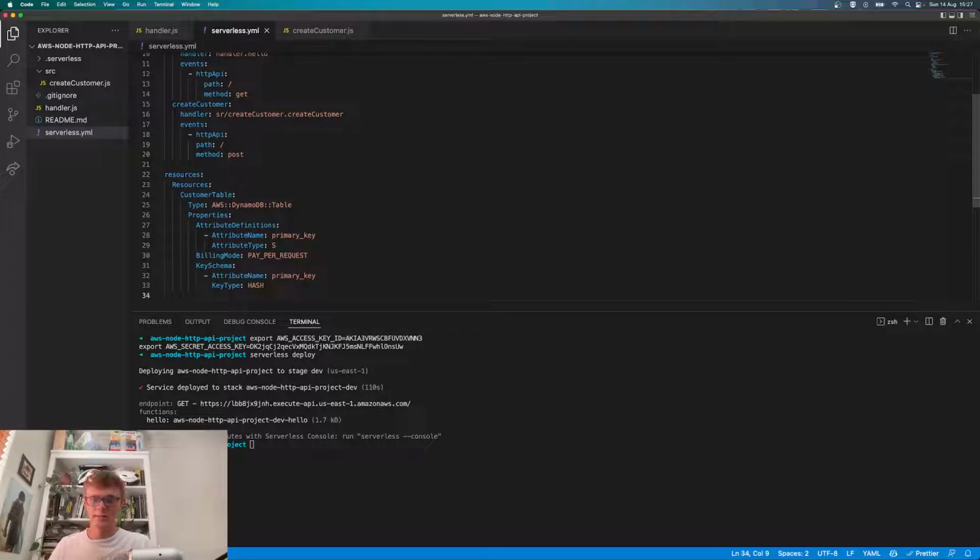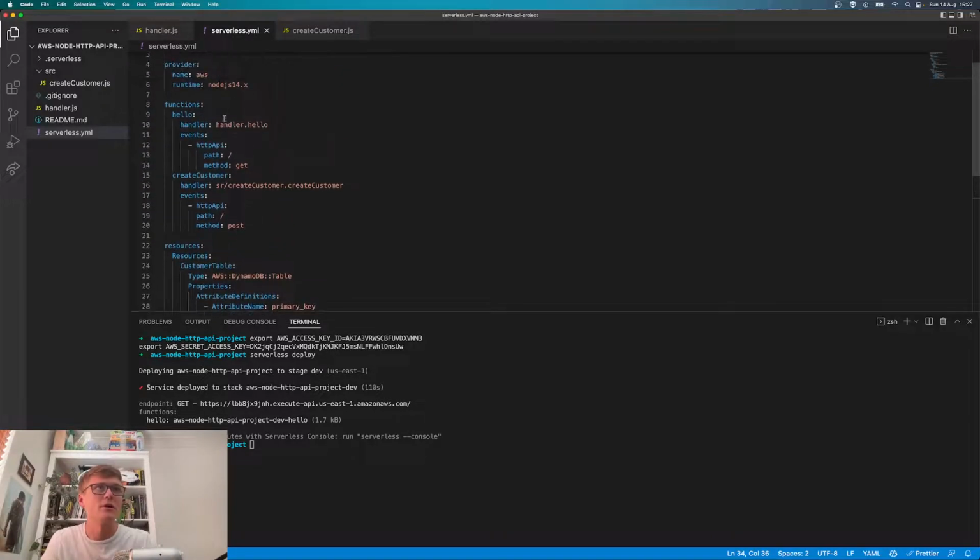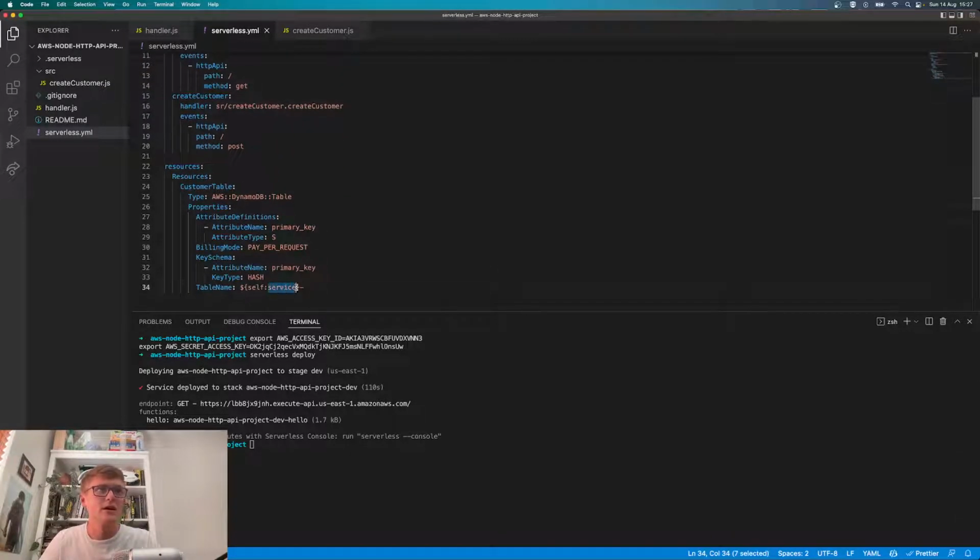and then we need to give it a table name. So here we can say self service, and that is given to us by serverless. It's just the service name up here, so you can refer to other things in your file as self. So say I wanted to refer to the function name, I could say self functions dot create customer dot name, I think, or you can double check that, but we're just going to call it self service